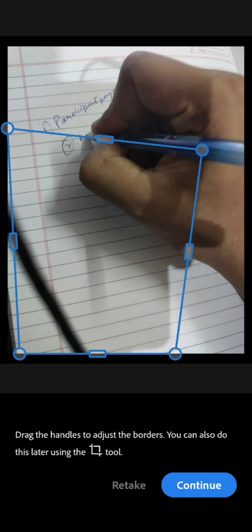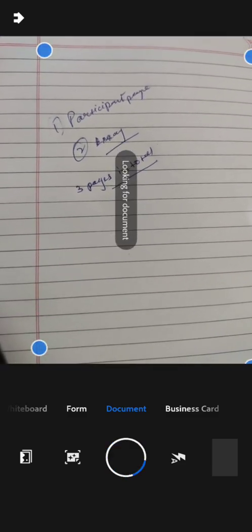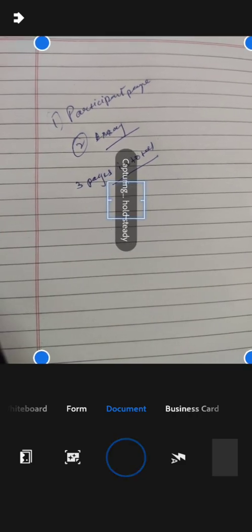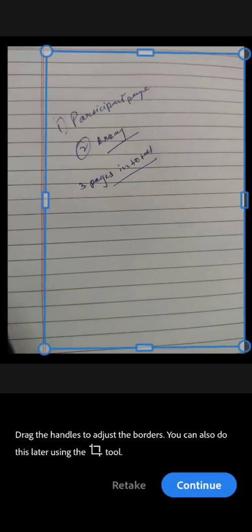I will tell you how to do it. Capture the photograph and press on continue. This will be your first page.